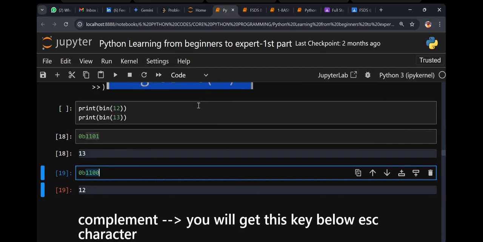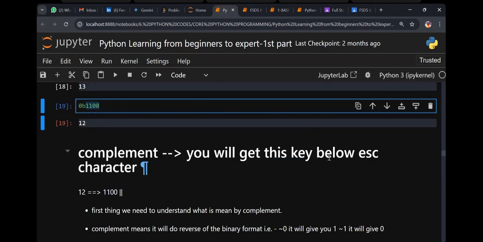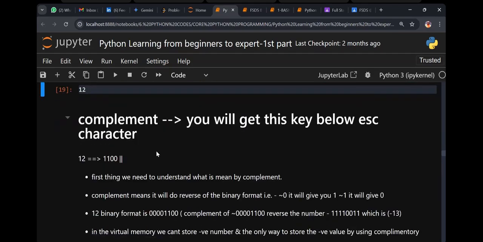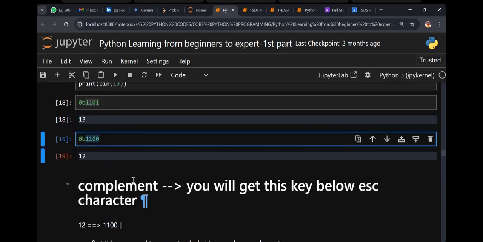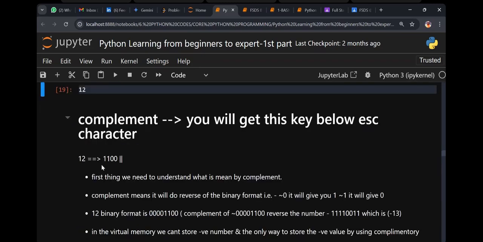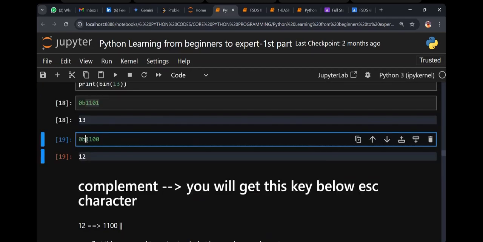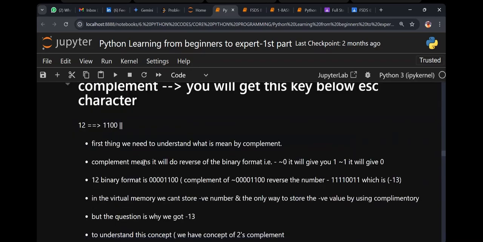Okay, next go to the next one. You will get this key below the escape character. Can I write 0B1101? That means, okay, so 12 I can get as 1100. Correct, guys? 12 means what? 1100.